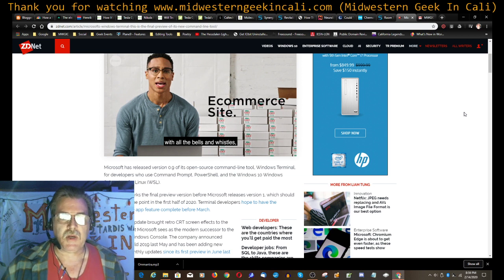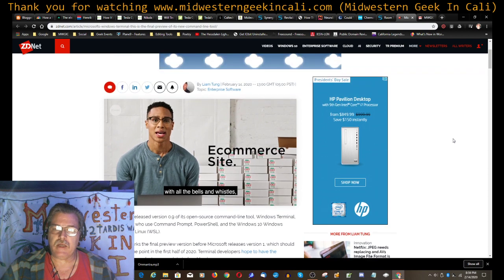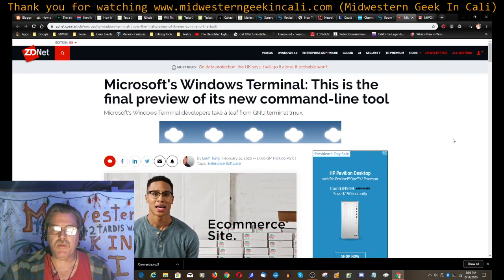So Windows Terminal, it's almost like a browser for the command line. You can have tabs, you can do search. And the current iteration of Windows Terminal that you can get from the Windows Store, it's not really got all those bells and whistles just yet, but it does have tabs, which is huge because you can be in PowerShell in one tab and the command prompt in the other tab. You can have multiple tabs open in multiple sessions doing multiple things at the same time.